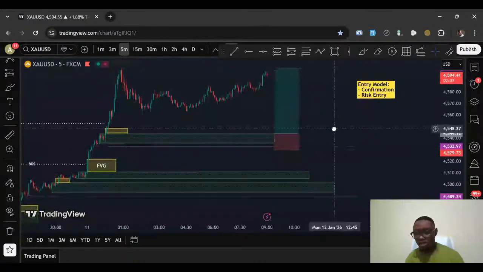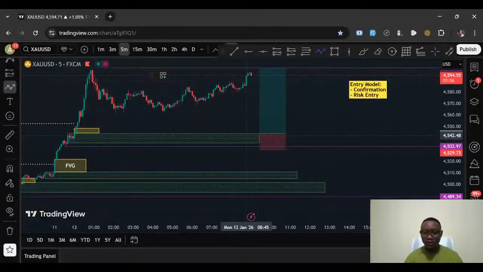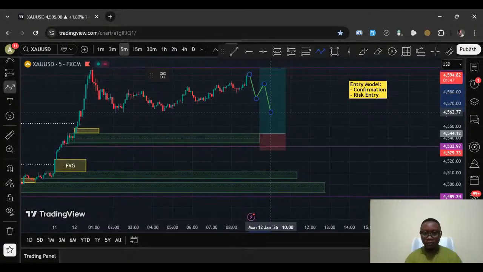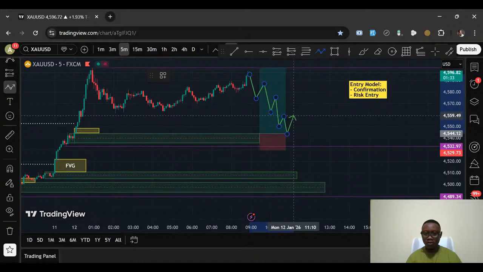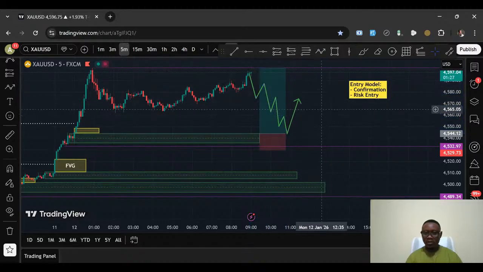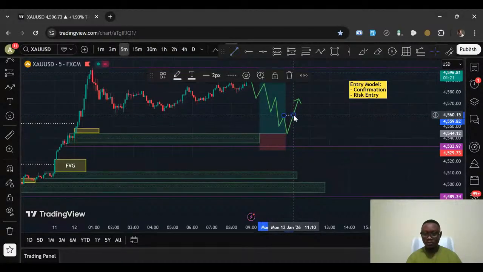Of course, my students know this. But just for it, let's say, for example, I have marked out my zone just like we have it, and price moves, you know, like this, like this, like this, like this, tap into my zone. Now, I won't take this trade just yet, right? I'll wait for price to do this. Now, this is the market shift on the 5 minute time frame, right?